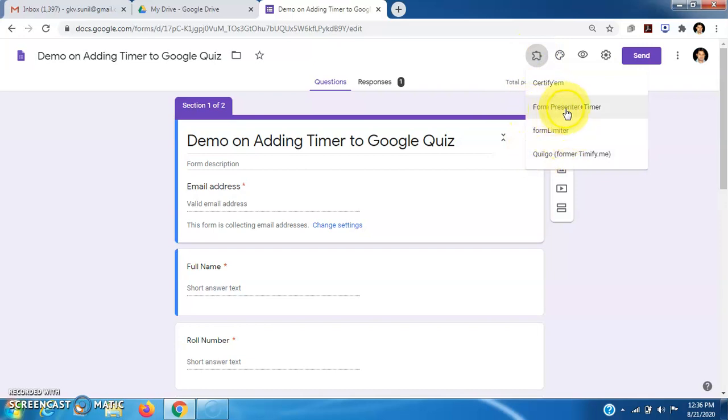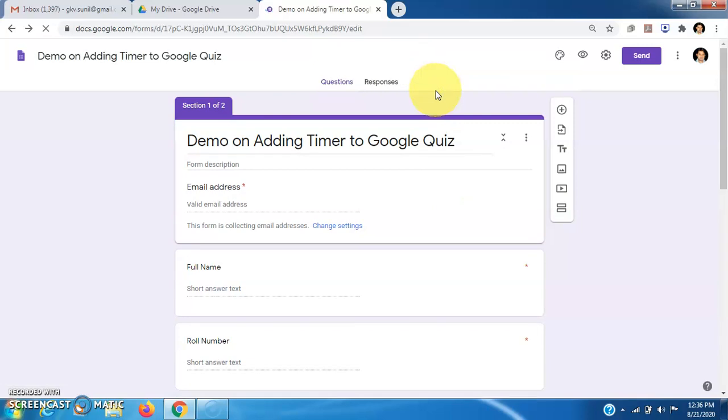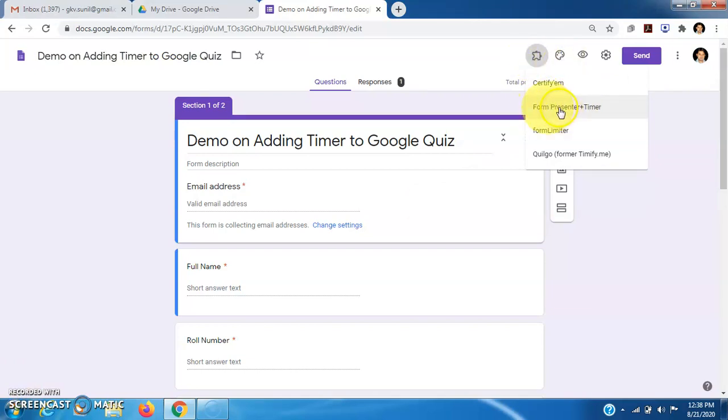Now we will see here. We can see this Form Presenter plus timer is there. Now we will see how we can use this. Then we have to click on this add-on icon and we will select this Form Presenter plus timer.